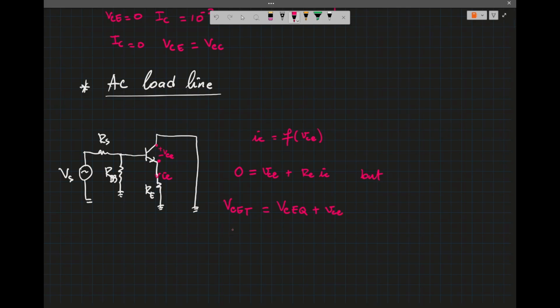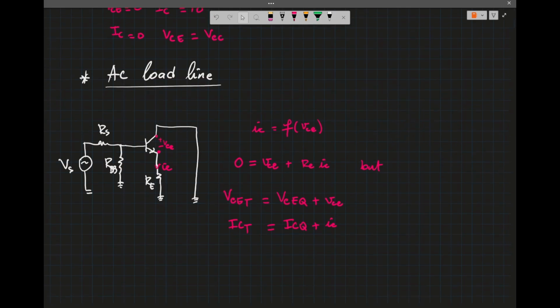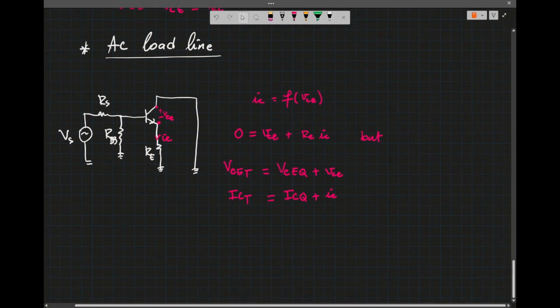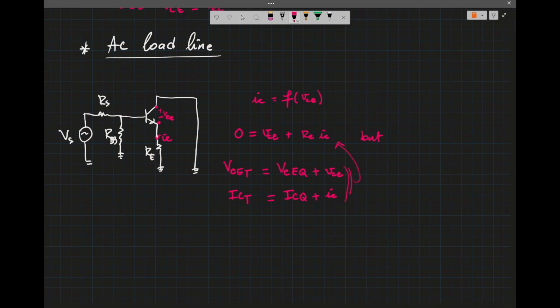Similarly for the current, IC total will be equal to the current for when we have the DC only, ICQ, plus the AC current IC. So I'm going to substitute those two into here, so that gives me 0 equal to